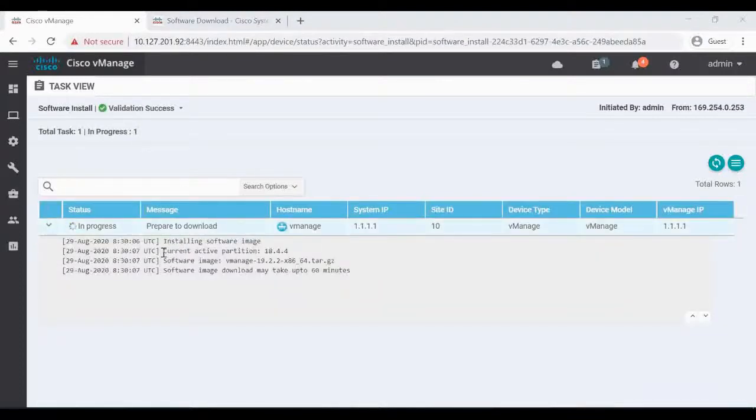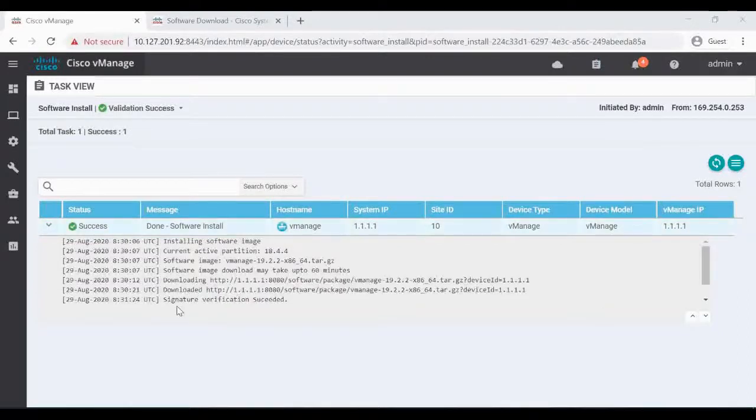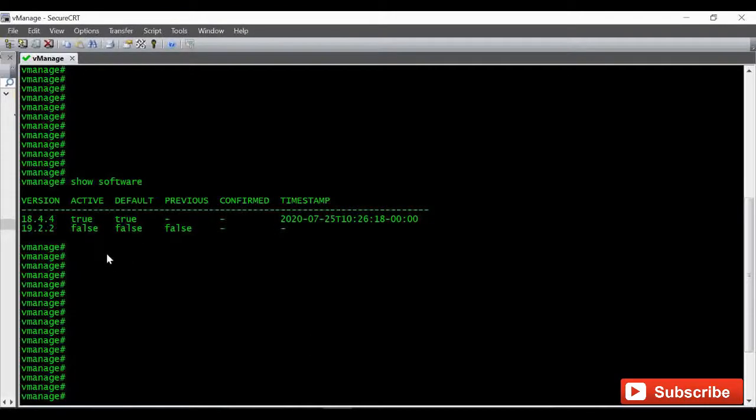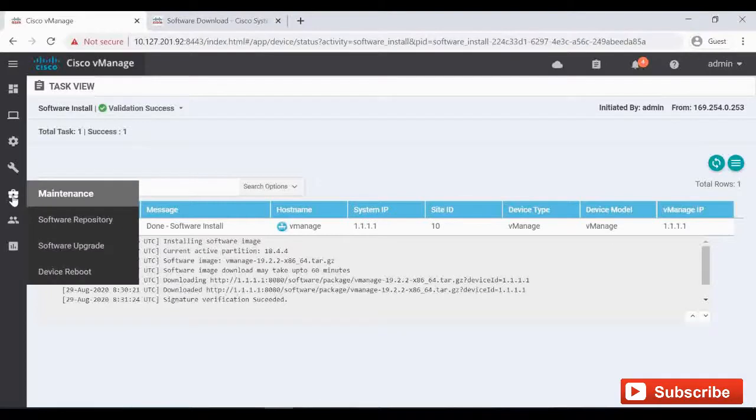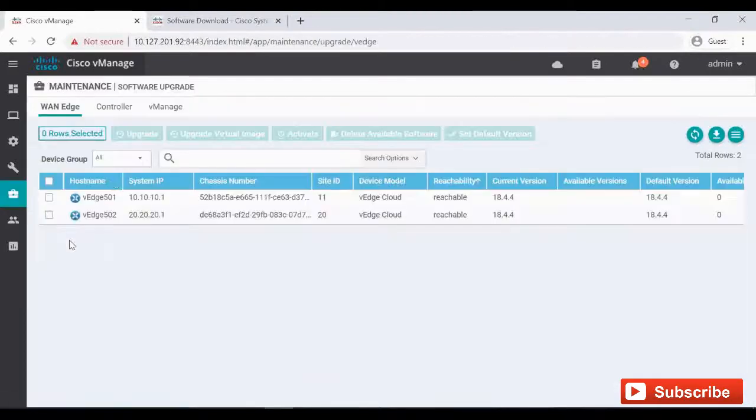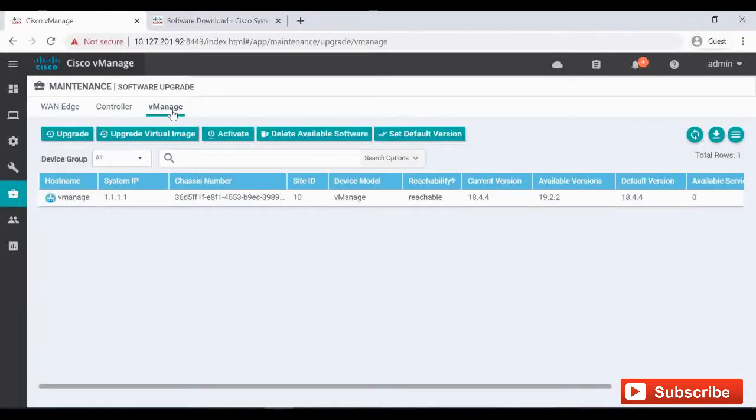It says scheduling process. Now it's preparing to download. So it will take some time. Till then I will pause the video. Now you can see the signature verification has succeeded, and also in the vManage CLI, if you give show software, you can see it is downloaded, but it is not yet activated. So now we have to go to maintenance, software upgrade, and then click on vManage. So now here we have to click on activate,